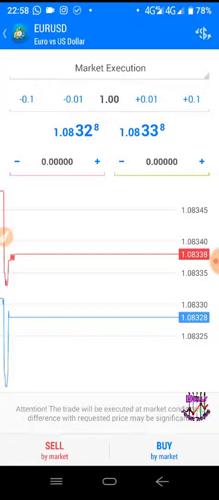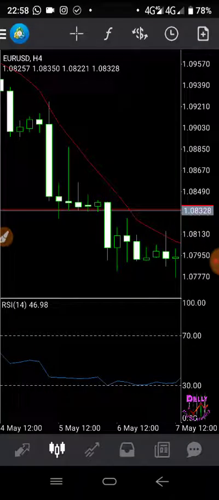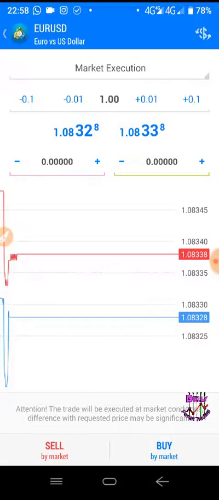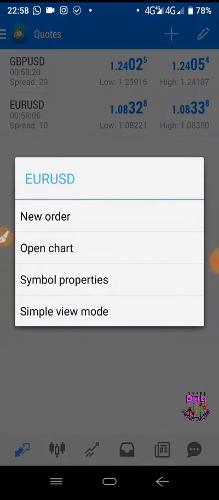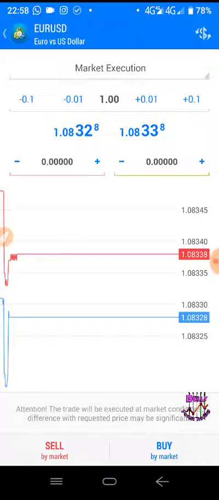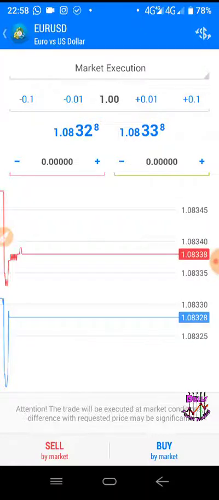So it's very simple. What we need to do here is, let's say we want to trade on Euro US dollar. We just swipe, and then we can either use this or use this method of holding it and clicking new order. Now, let's say there's nothing, the market is already going, and I tell you to buy